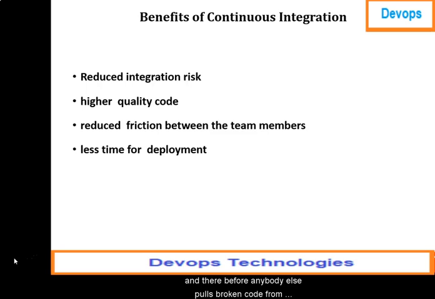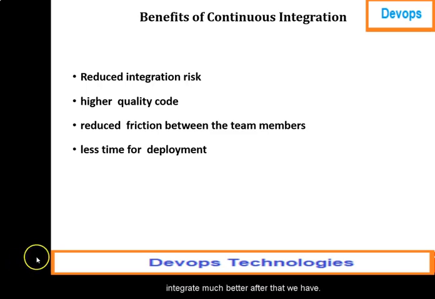What I am trying to say is, suppose a developer commits a build into the version control system and there is some error in it, he will be immediately notified that there is some problem with the code, and he should immediately fix it before anybody else pulls that code. So you can say that code and version control work to help people integrate much better. After that we have